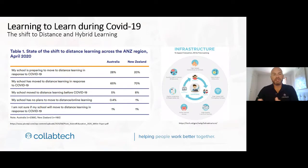COVID-19 required many teachers and parents and students to rapidly adjust to new modes of learning. And in a matter of weeks, schools had to find different ways to implement viable alternatives to traditional modes of teaching in a physical environment. The degree to which they've been successful differed substantially and depended on numerous factors, but adapting was considered a considerable